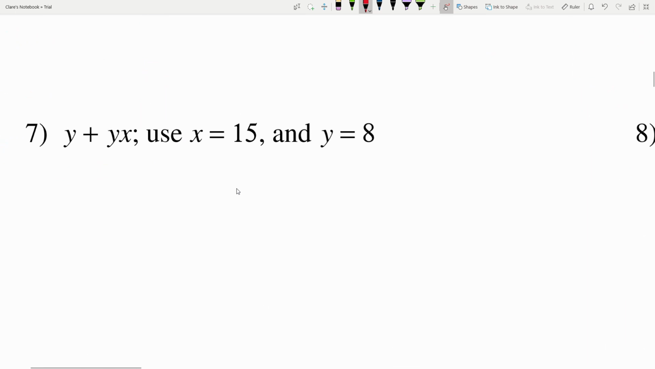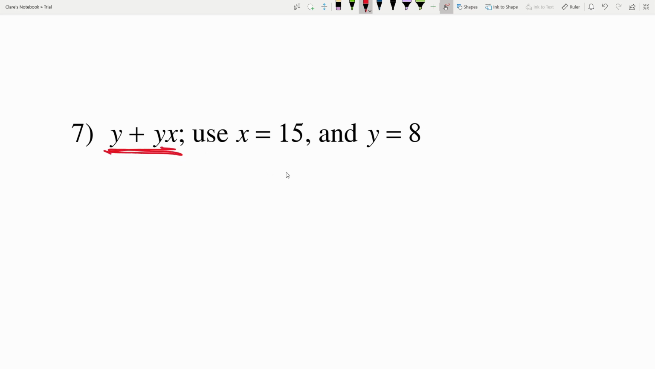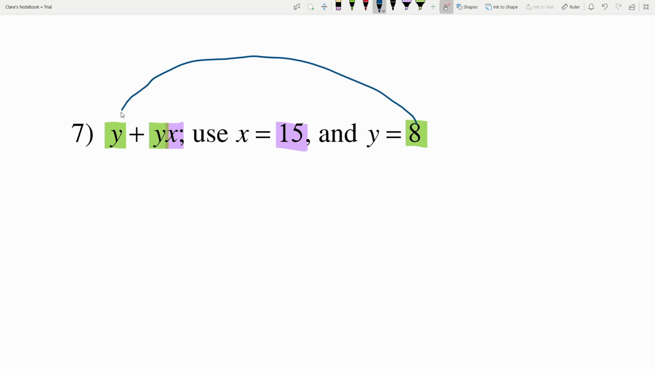Now for number 7, I have as my expression y plus yx. So everywhere I see x, I'll plug in 15, and y, I'll plug in 8. 15 goes in for x, and I don't just have one y, I actually have 2 y's. But remember, y is equal to 8. So plugging in 8 for y, I get 8 plus, plugging in 8 for y again, 8 times plugging in